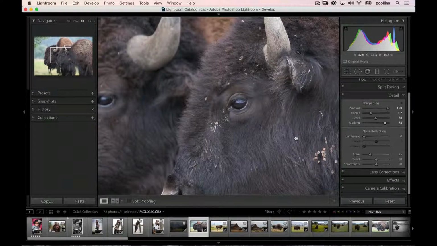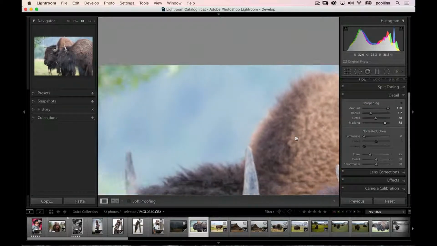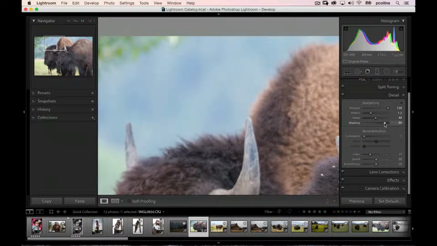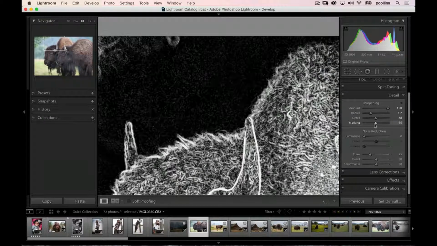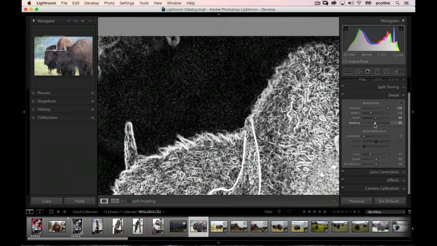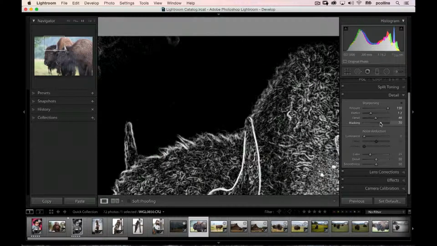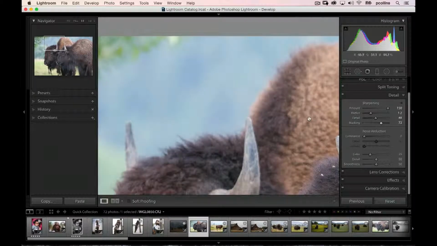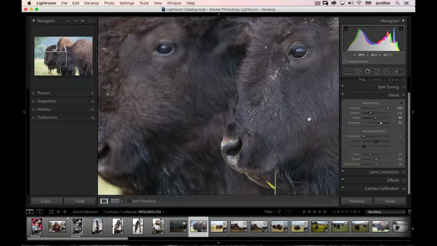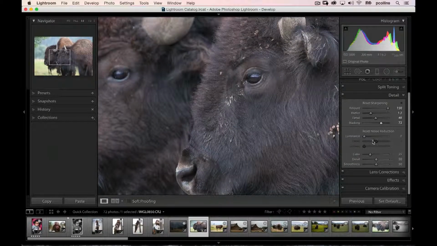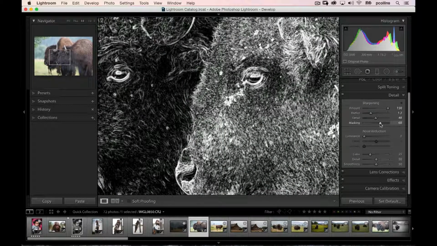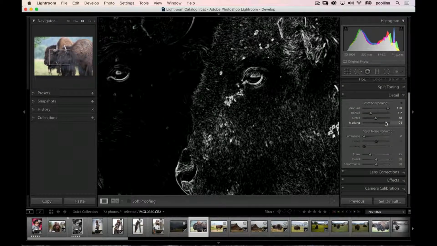Let's bring that back over here. And if we look in the sky, I don't want the sky to get sharpened. So if I'm over here, it's going to start sharpening the crud in the sky. So I want to make sure I'm at least going back over here. What happens is now the sharpening is just applied to the areas that I want it applied to. The eyes, the nose, I can even crank it over here so it's just in those areas.